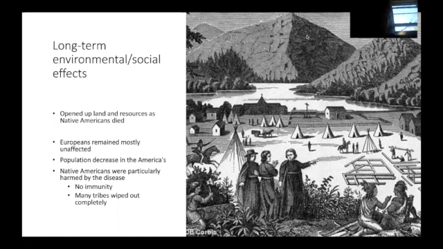So as the Native Americans died, it tended to open up space where they had previously been hunting, gathering resources, establishing villages and things like that. So this allowed the European settlers to work with more wildlife, forestry, agriculture space. And the Europeans remained mostly unaffected by this because, like I had mentioned, they had been building up immunity to chickenpox for a long time. So what we saw was a major population decrease in the Americas amongst the Native Americans. Many tribes were even completely wiped out by chickenpox.